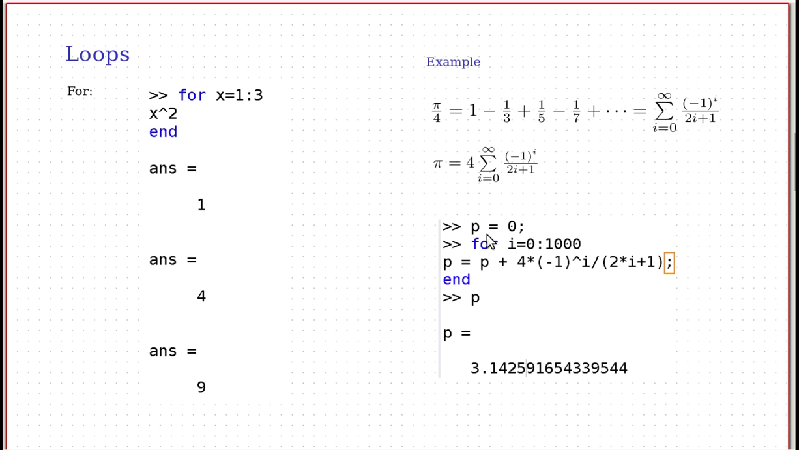Okay, so we start off with p equals 0. As I said, I'm going to do it when i goes from 0 to 1,000, right? So even MATLAB cannot do all infinitely many cases, but going from 0 to 1,000, that should give us a pretty good idea what's going to happen, and we should get reasonably close to pi that way, right? So we'll have i goes from 0 to 1,000, instead of infinity. Each time through the loop, we'll take the old value of p and we'll add to it, so p equals p plus